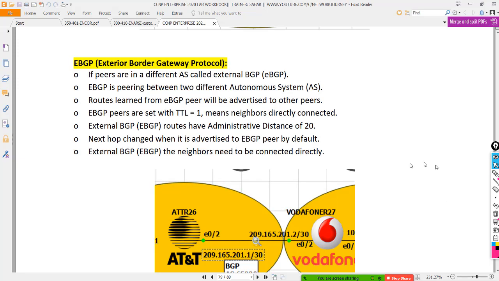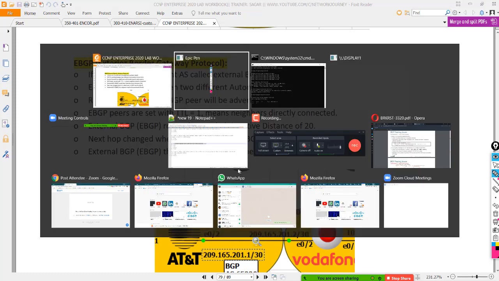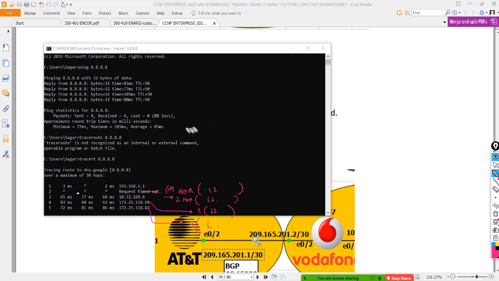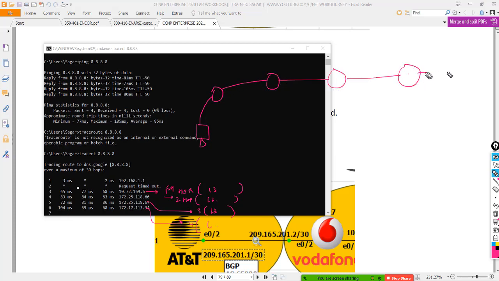Okay, so what is happening here is, you see this is my first hop. This should be an L3 capable device. This is my second hop, which is again an L3 device. This is my third hop, L3 device, my fourth device. Okay, so on I have multiple hops. So let's say I am here, my packet went to first hop, second hop, third hop, fourth hop, and maybe then it reached